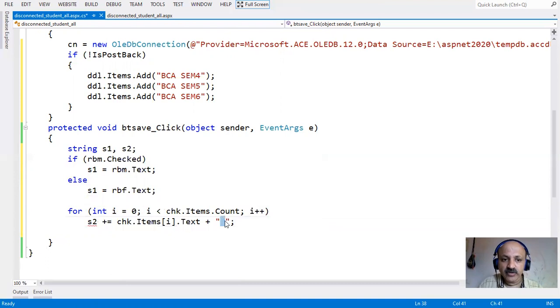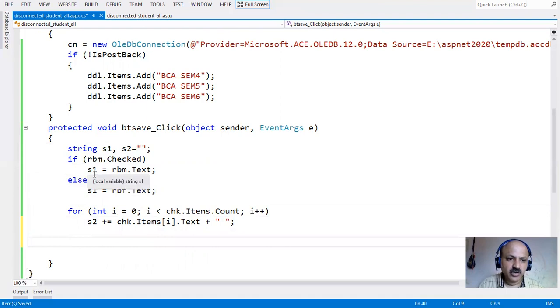So we can separate them within one field, we can store our hobbies, 3 hobbies, in one field, separated by a blank. Whenever in the grid you click the select button, the appropriate control is selected, so we can also use this blank to identify which radio button is on or off. Here one error is given, so that error is removed by assigning that blank, so the error is gone. So I save. Our radio button value is s1, and s2 is the checkbox value.